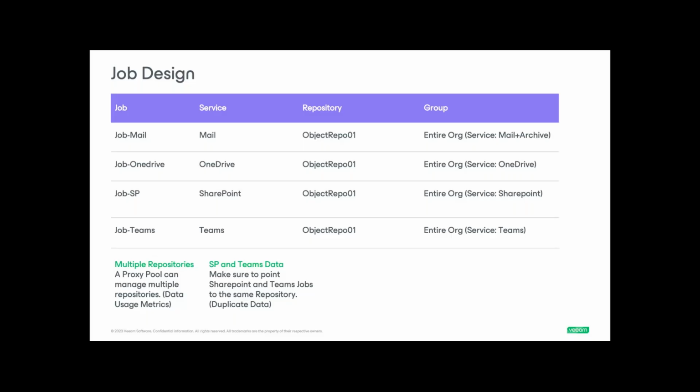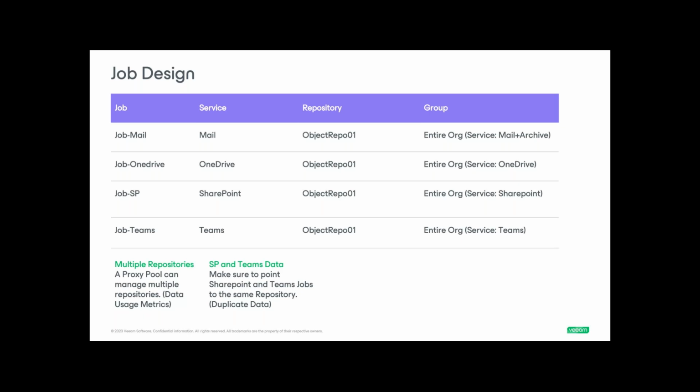We take a look at job design. So job design is one of the more important things with the product. And one of the things that I want to point out right away here is that if you're familiar with Veeam Backup and Replication, when you're creating a job, you're setting your retention on the job. That is not the way that we do that with Veeam Backup for 365. The retention is actually going to be set at the repository level. So if you've got different retentions for different services, you're going to want to go ahead and maybe create different repositories for those services, or maybe the subset of data. If you've got certain data that needs to be protected longer with a specific service, that's going to be one use case. Failure domain, it's best practice that